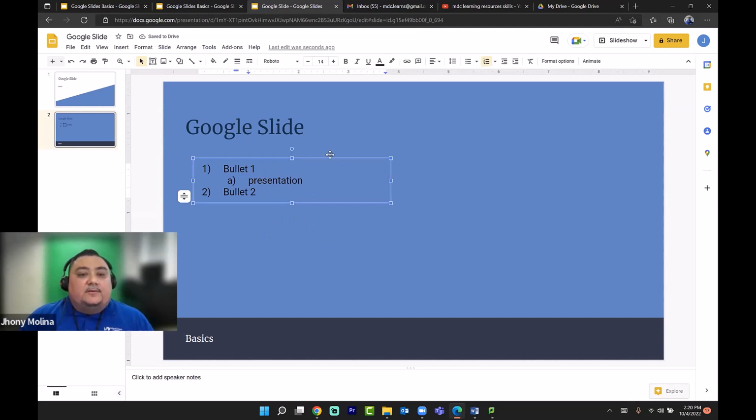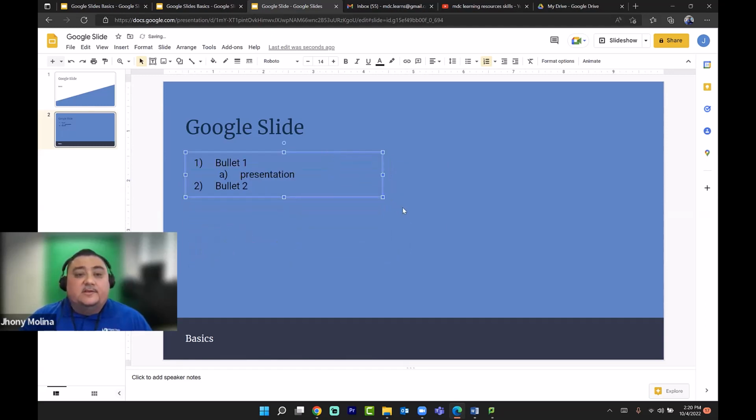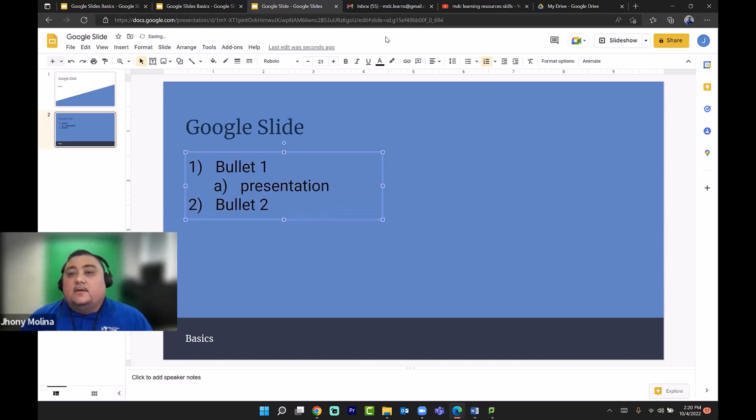And you're allowed to move these text anywhere. If you activate the box first, and you hover over the corner of the box, and you click and you drag, you can drag it anywhere along the presentation. You can resize the text, all the text within the box, by clicking on the corner and going upstairs in the font selection and resizing the text. This is how you can edit